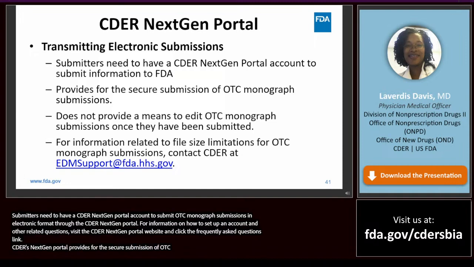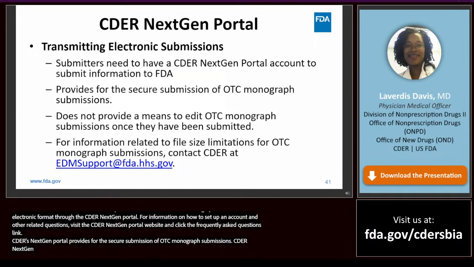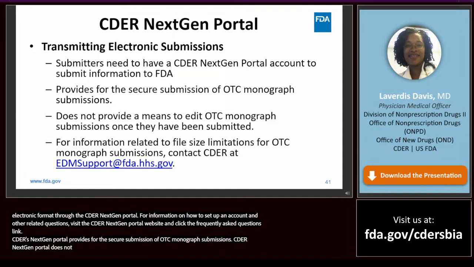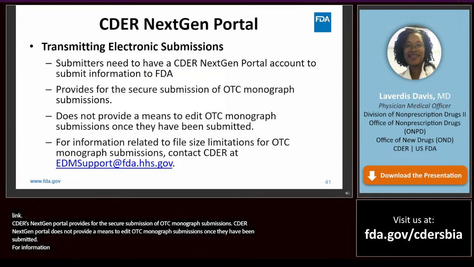CDER NextGen portal does not provide a means to edit OTC Monograph submissions once they have been submitted. For information related to file size limitations for OTC Monograph submissions, contact CDER at edmsupport@fda.hhs.gov.